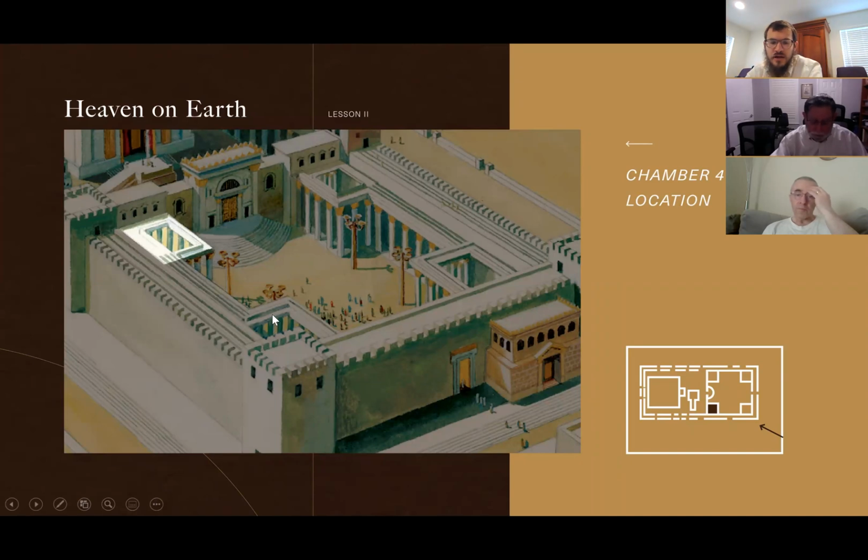Then we had this chamber over here, which was used for a Nazir, a Nazarite who finished being a Nazir and would have to come to the temple and be shaved down, etc. This one over here was used for the Metzora, for a leper. It had a mikveh inside of it. And now we're up to this Lishka right over here, which is what we're going to discuss currently. So here we have the fourth chamber, which is on the southwestern corner, and this chamber was used for